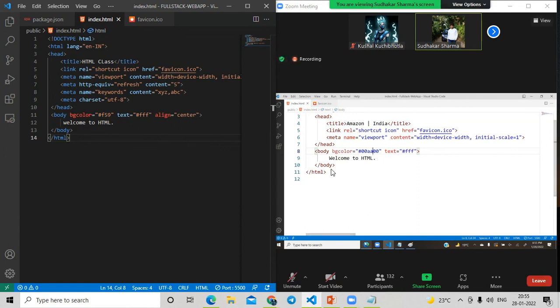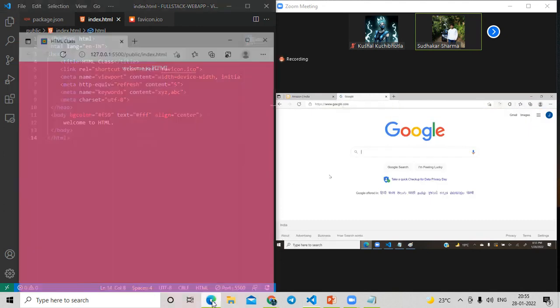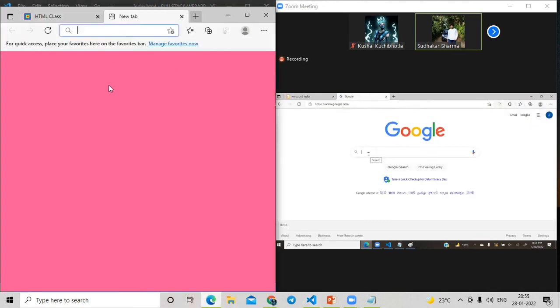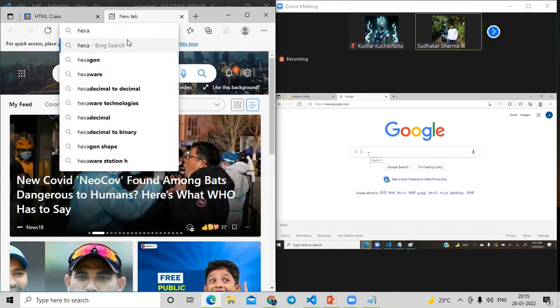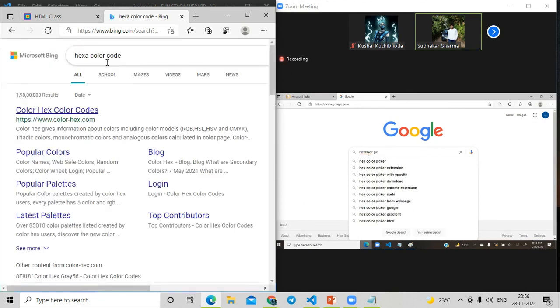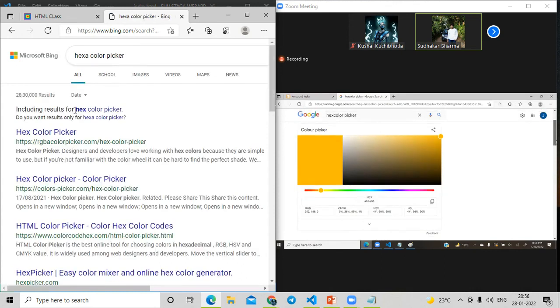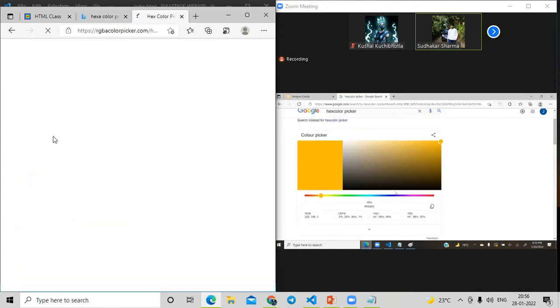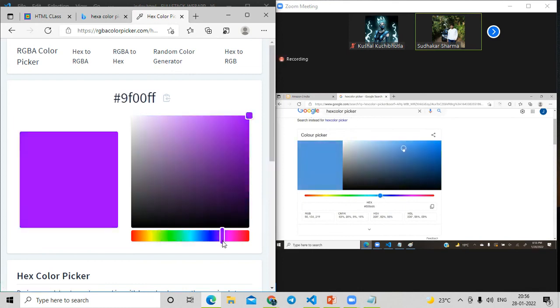What you can do is you can Google. Just go to Google. That's not a complex thing. You just search for hexa color picker. Right? So it will show hexa color picker on Google. What you do is you mix a color shade you want, which color you want. Some color shade I want like this, a dark color shade.